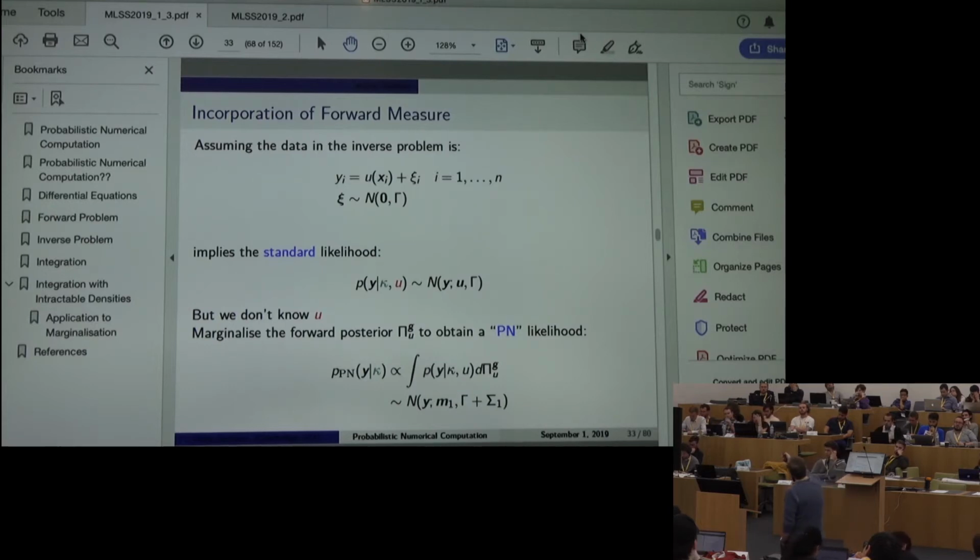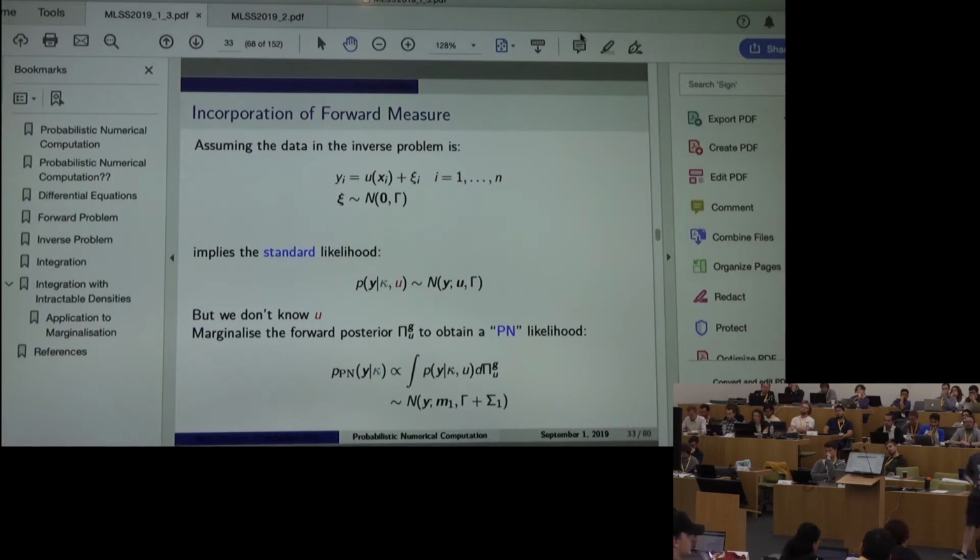Okay, so this is just going to be a product of two normals, and we integrate with respect to this measure, which is a measure in U, and we get an analytic Gaussian marginal distribution for the data conditional on kappa,